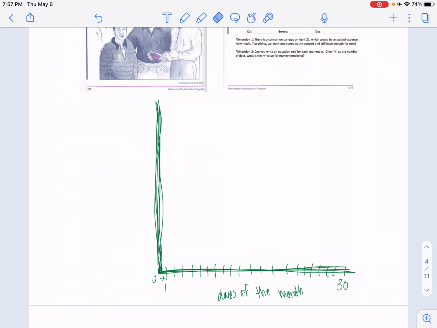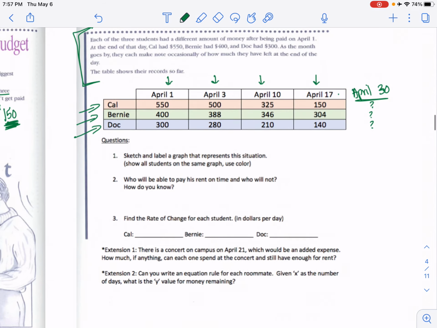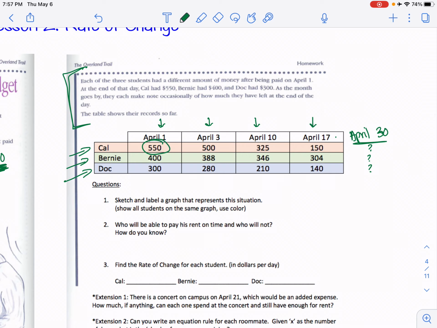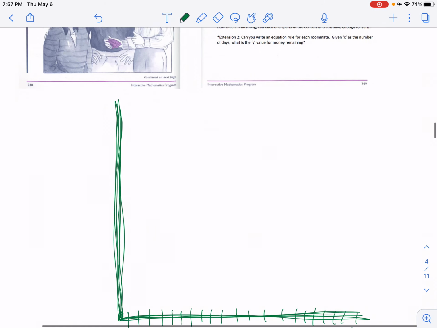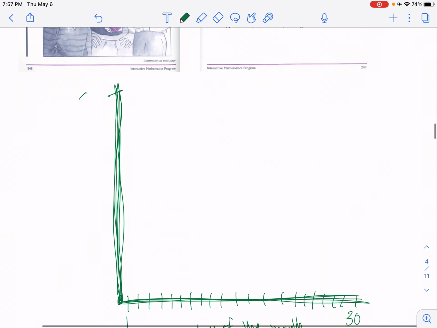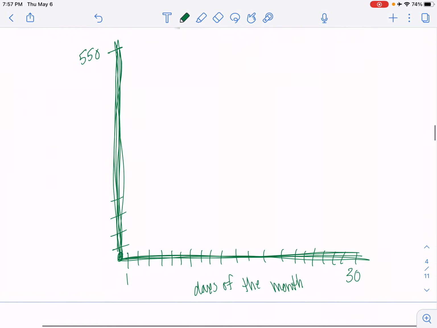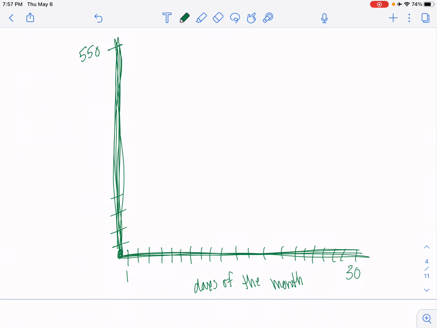And then it's your job to count up on the y-axis to our largest number. What is our largest number here? I will give you this as a little piece of paper. The sub will give this to you, so you don't have to write all this down. The largest number is 550. So count evenly up to 550. You got to figure that out. Count by 10s, count by 20s, count by 50s, count by 100s. But make this take up basically a whole piece of paper.